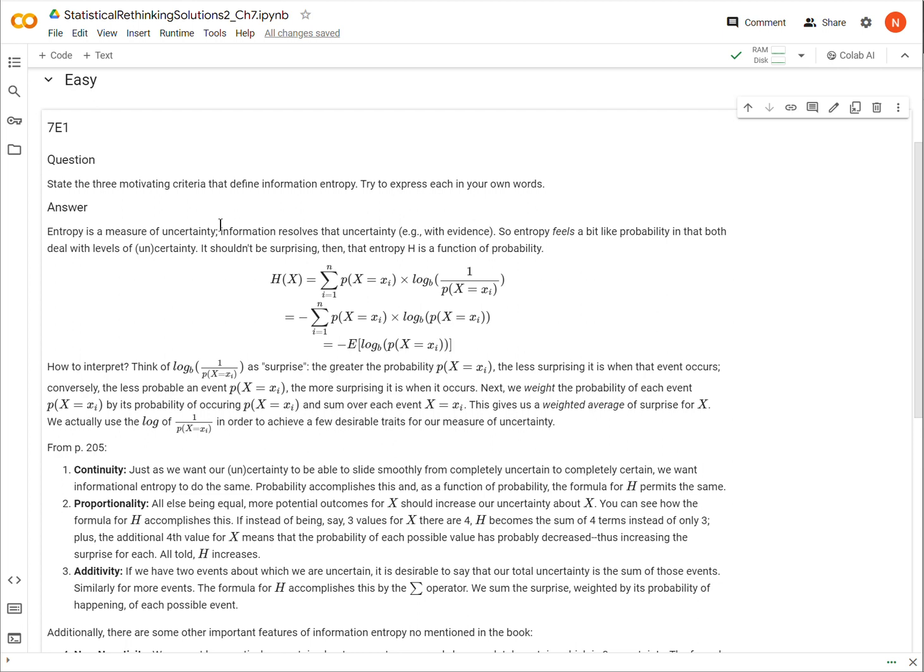Okay, so we are on to Chapter 7, in which we're talking about information criteria, informational entropy. This is a very interesting topic. I believe that its genesis was based in communication: how do you send messages across an unreliable or noisy communication channel? But it just so happens that there are some very interesting applications for statistics.